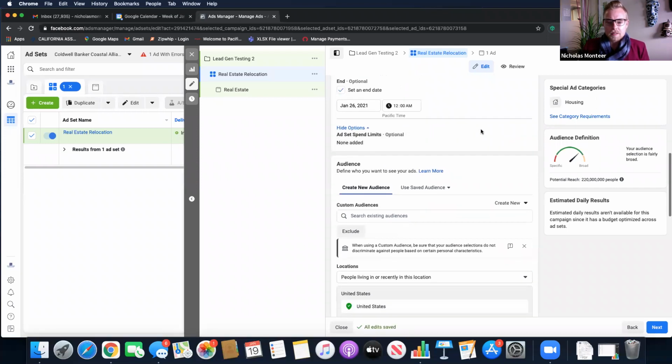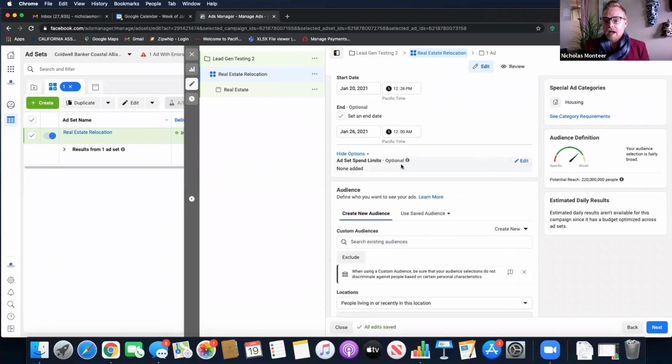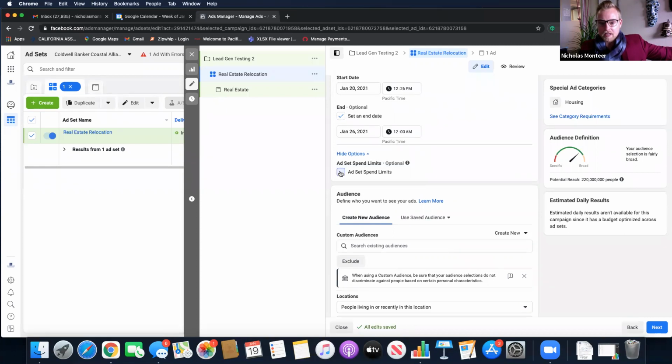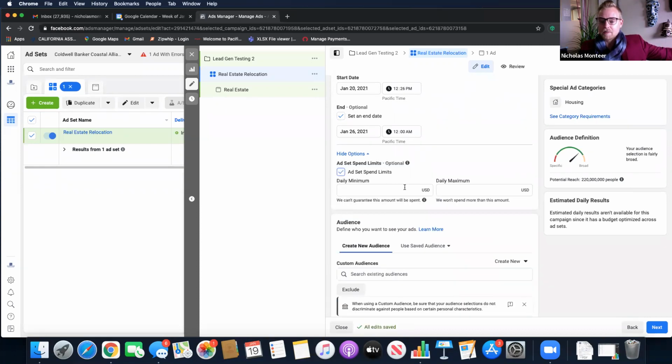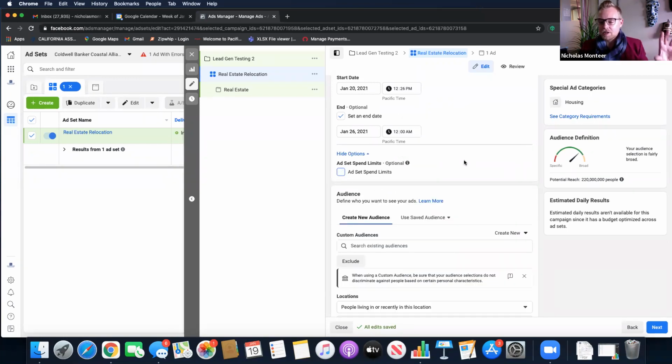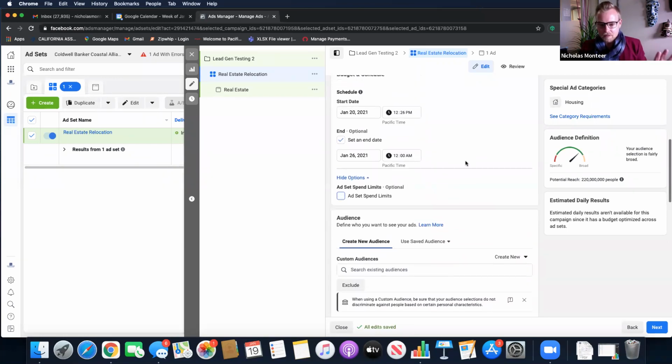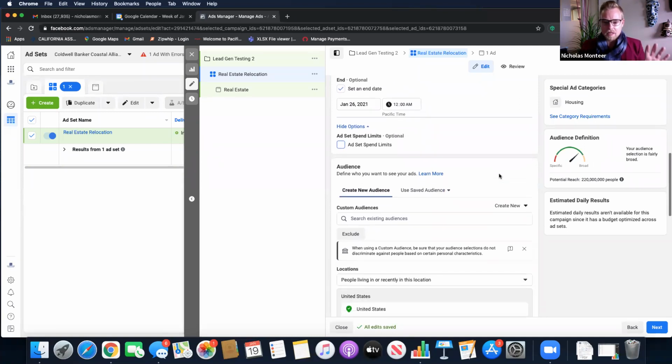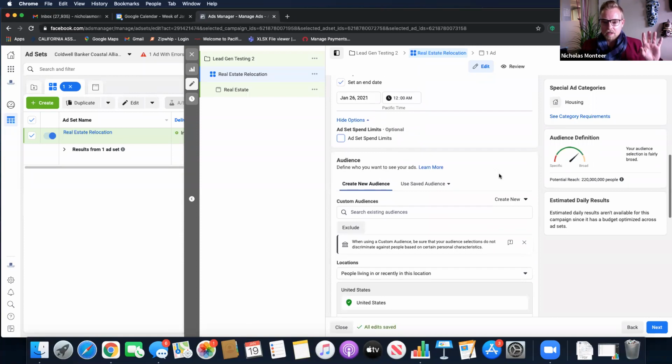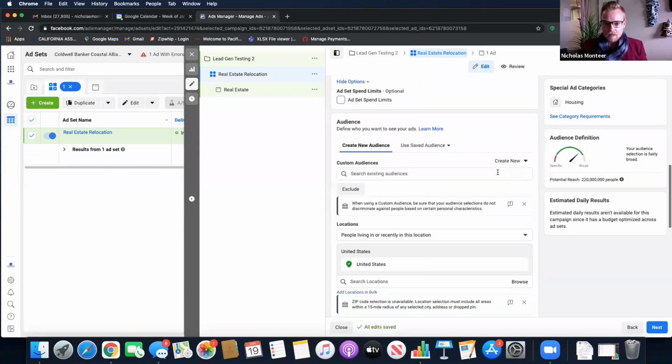Show more options. I can also add a spend limit, like I said. I had a daily $10 on the page before, but I can add a spend limit if I want to, for how much I want the ad to actually spend per day. Again, I don't want you guys to overcomplicate this. I don't think that's highly necessary. I did not do that for the ad I created. So maybe stay away from the ad set spend limits. But if you want to get that technical, you can.